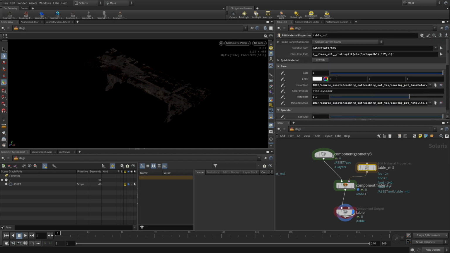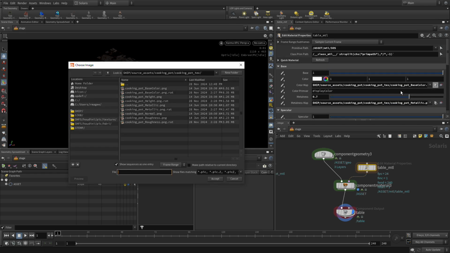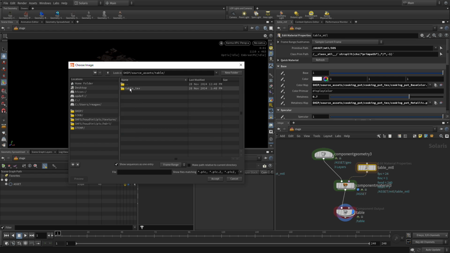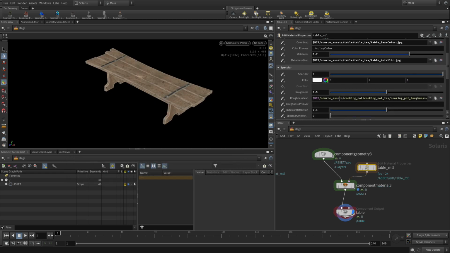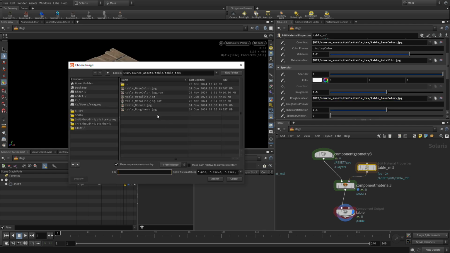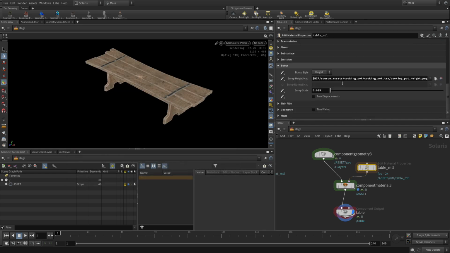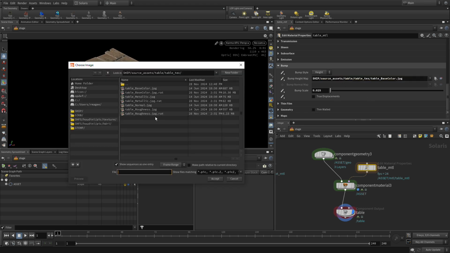We want to again go to here, up, table texture, and base color. Right now it's looking a little better. And control paste and go metallic, paste, and this will be roughness, paste, and now we can go